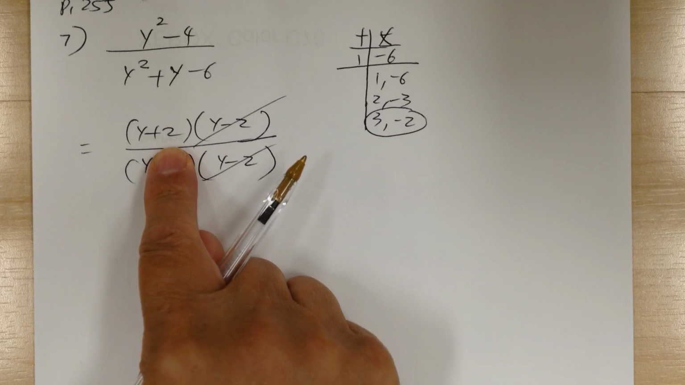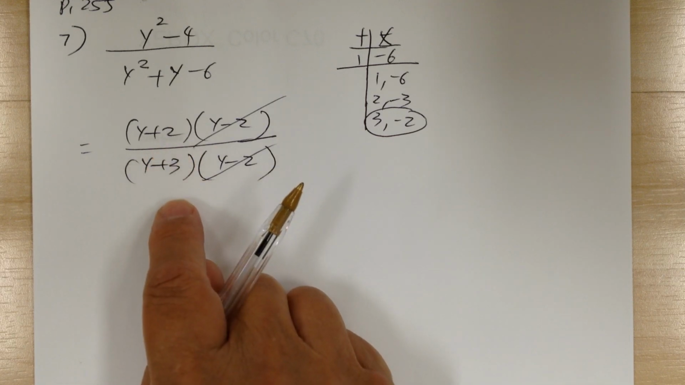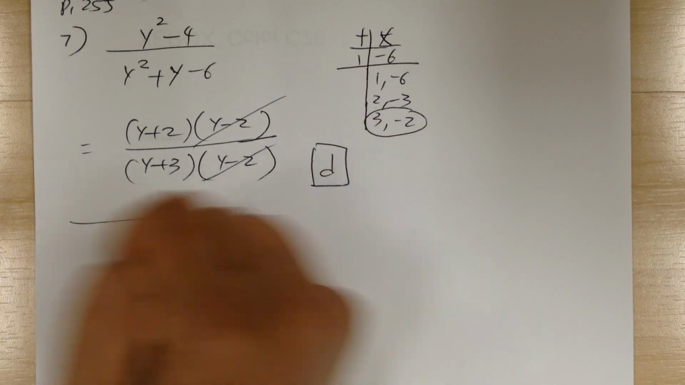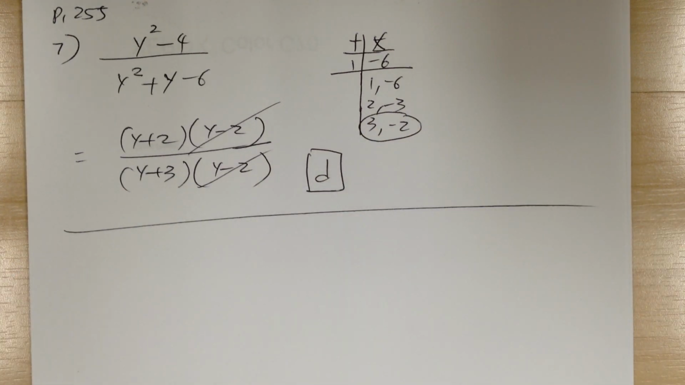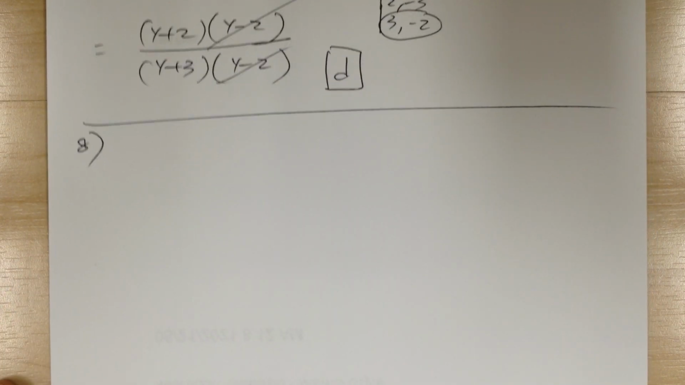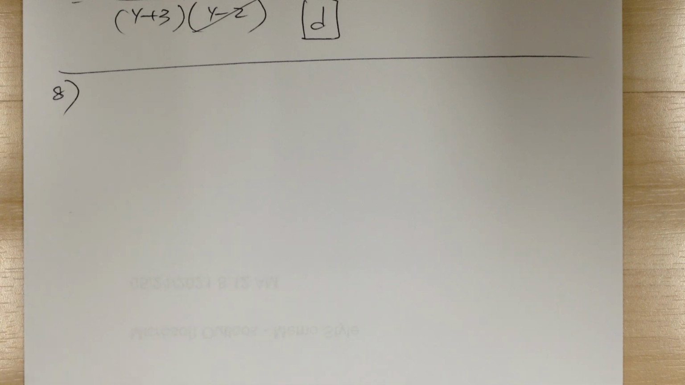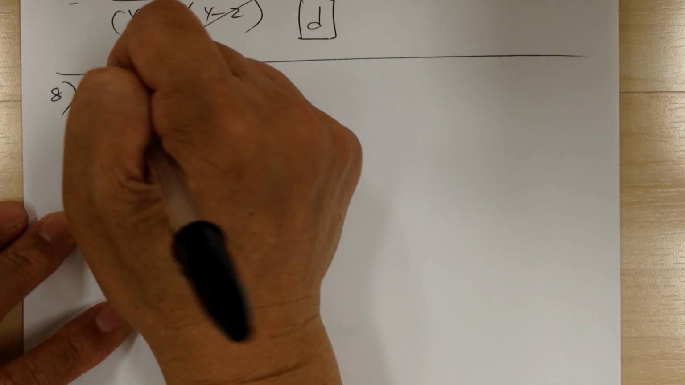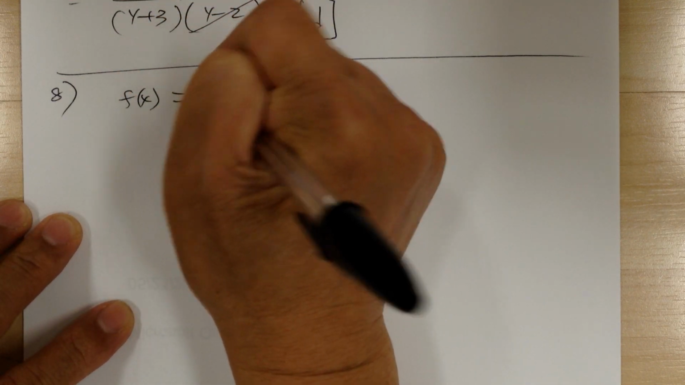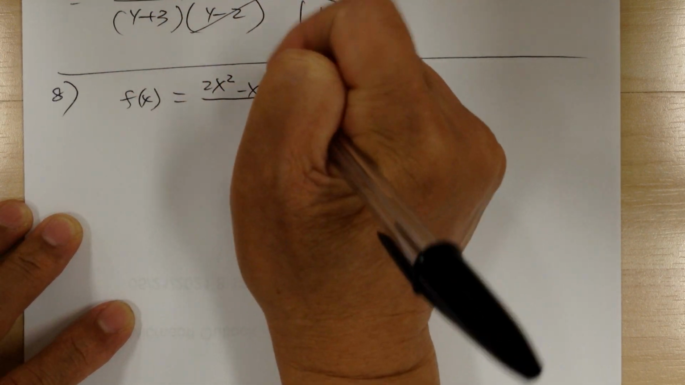So that's it. And so look for the answer. This will be answer D. Okay, let's go to the next one. Okay, you have f of x equal to 2x squared minus x minus 1